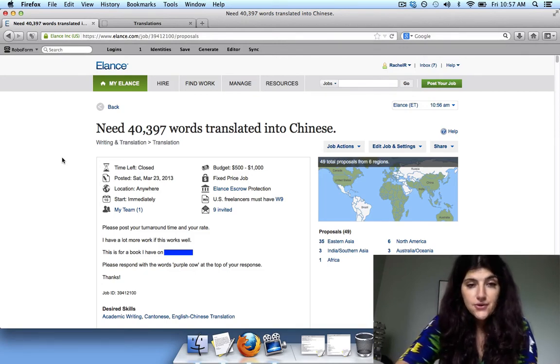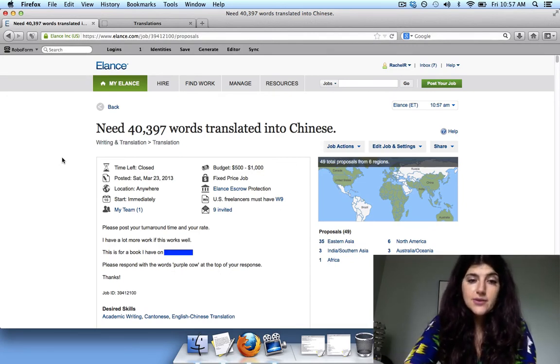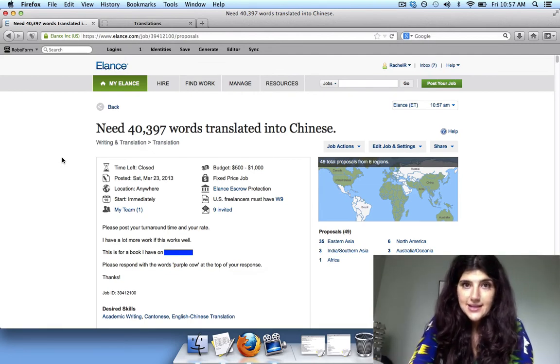Please post your turnaround time and your rate. I have a lot more if this works well. This is for a book I have in my niche. Please respond with the words purple cow at the top of your response. Thanks. And that's it. And I got a ton of bids back,